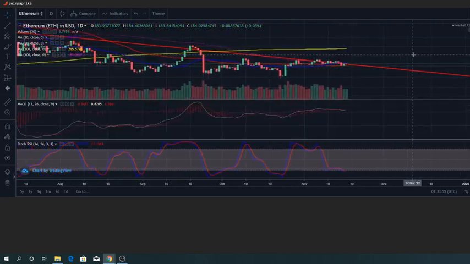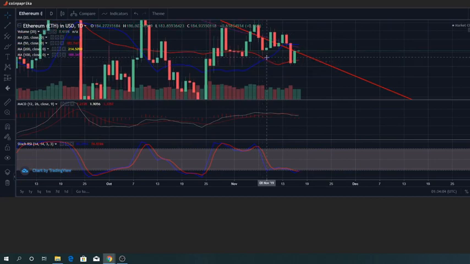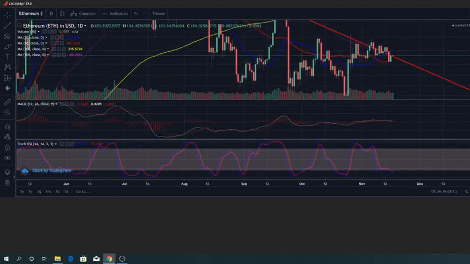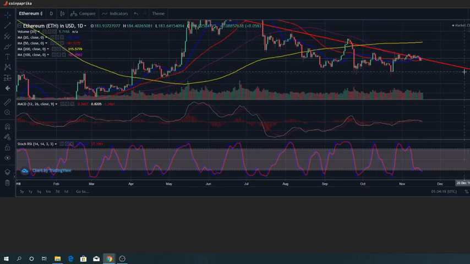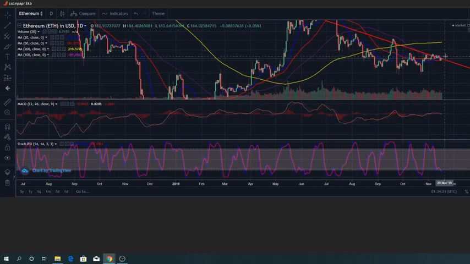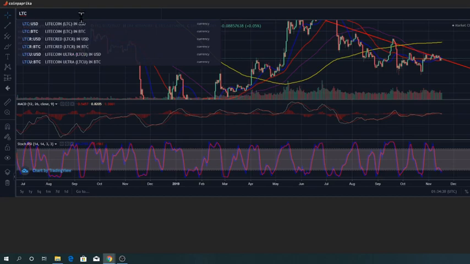If you zoom in and see that, we can actually see the 20-day moving average crossed the 50 and the 100. Now all the three, 20, 50 and 100 are more or less together, this is a zoomed in view, right? So it's really closing in. So at this point there can be a price explosion for ETH. Now that's just my opinion, and if I were to trade this, I will be buying the breakout or a retest. Now looking at LTC, the Litecoin in USD chart,